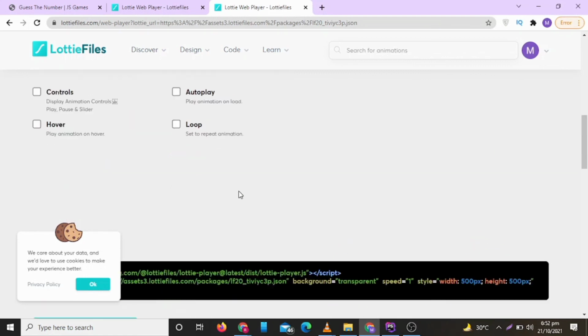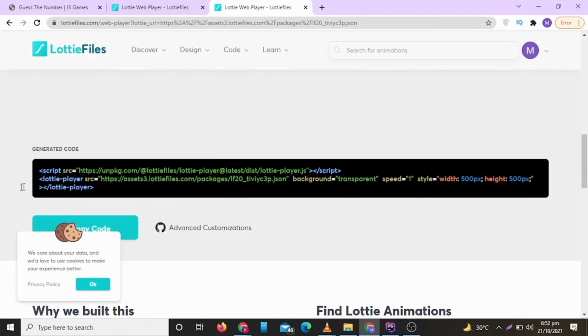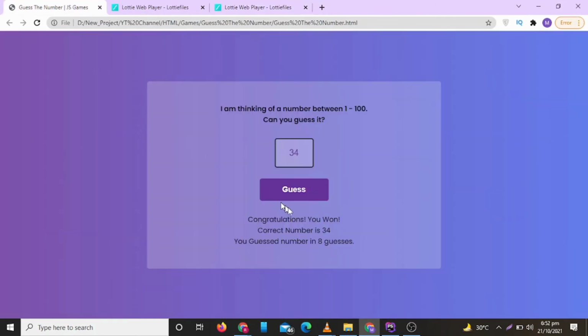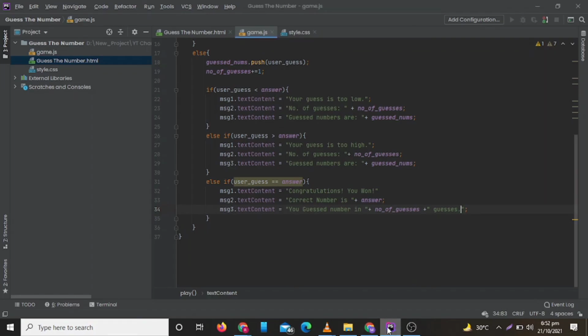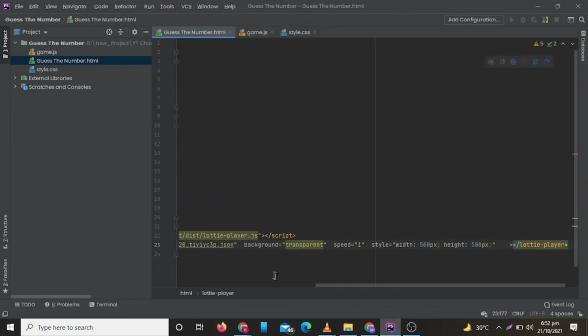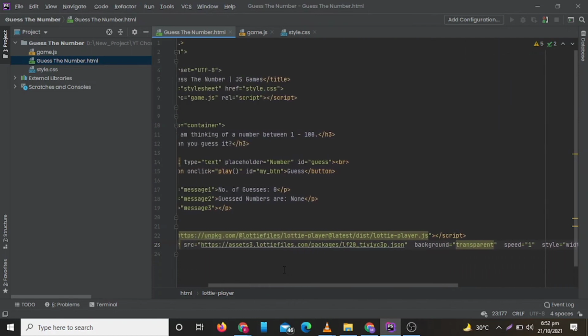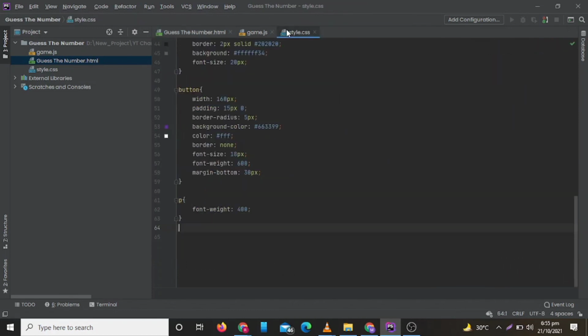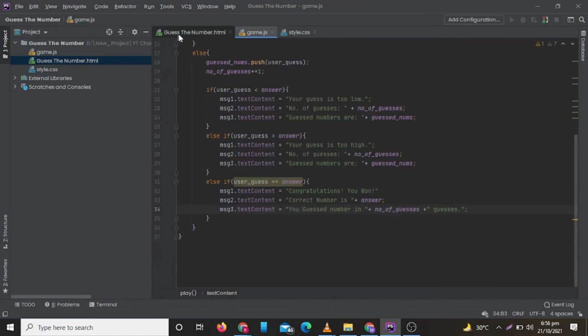Now scroll down and we will see the code we need to paste in our editor. Now we will paste it after the body tag. Now we will get the animation player by ID.